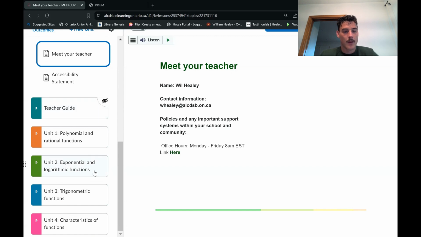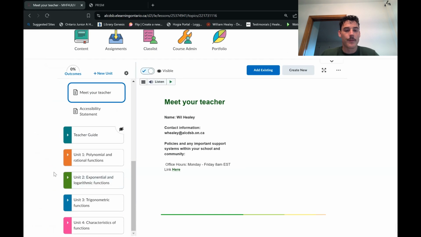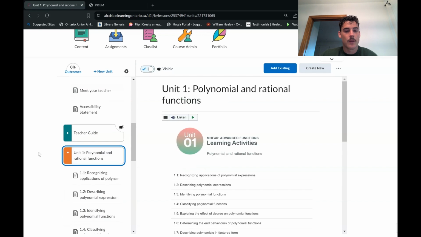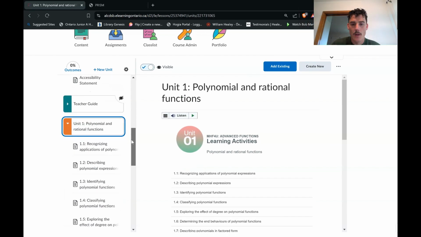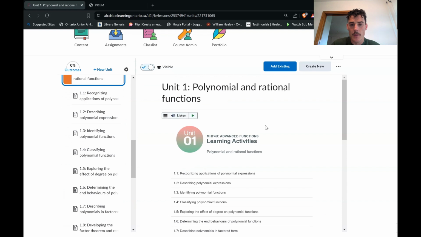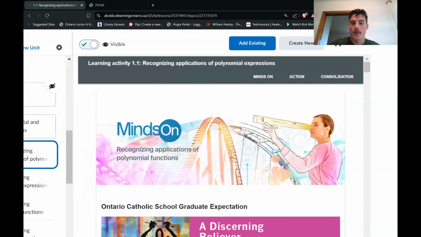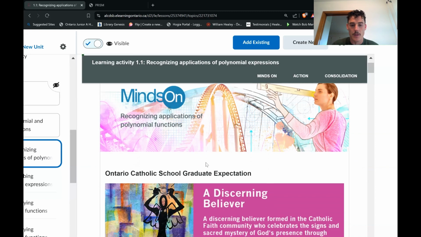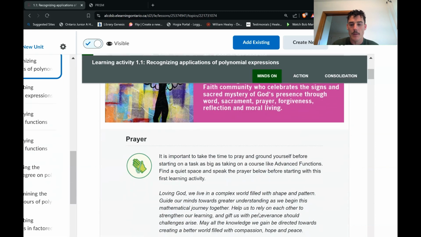The course is broken up into 4 units. There are 4 weeks in the course, so when you do the math, each week you should be doing a unit. The material is posted on the side here, and you can see that here. When you click on this, you see at the top it'll be broken into 3 parts: the minds on, the action, and the consolidation. So starting with the minds on,